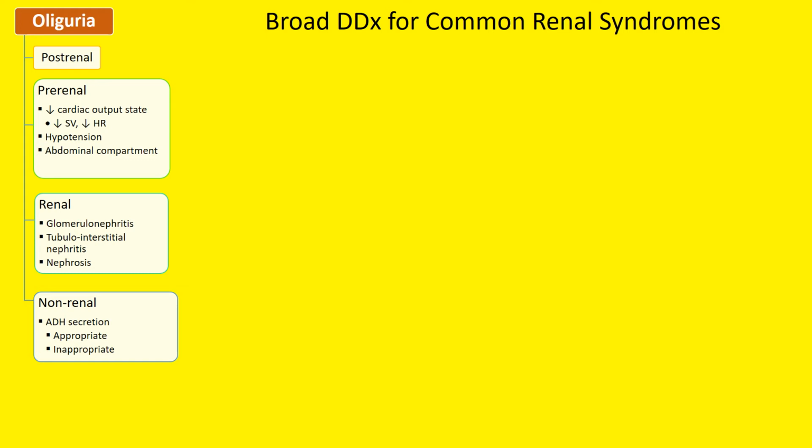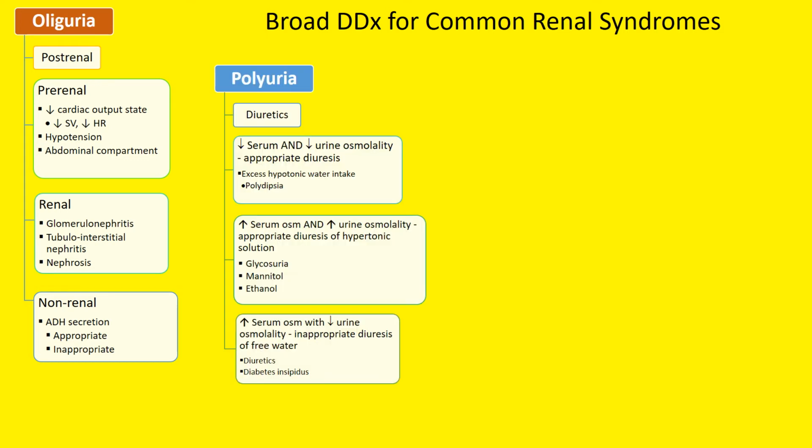Or it could be inappropriate ADH secretion, so the syndrome of inappropriate ADH secretion, which you can only confirm by getting a urine and serum osmolality and so on, okay? Polyuria is the other renal syndrome, but this is not common. And if it is present, it's almost always because of diuretic use. But sometimes you can have